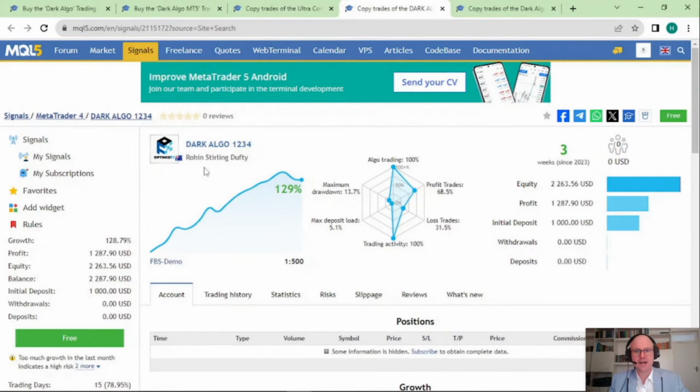So let's take a look at another signal, and this one from Rohin. You'll see on his initial deposit of $1,000, he's already generated a profit of $1,287.90 in only 3 weeks, or a 129% return. Because he doesn't use such conservative settings, you'll see his maximum drawdown is 13.7%, which is similar to what we'll see in the later test on MetaTrader. Again, we see a very high win rate of